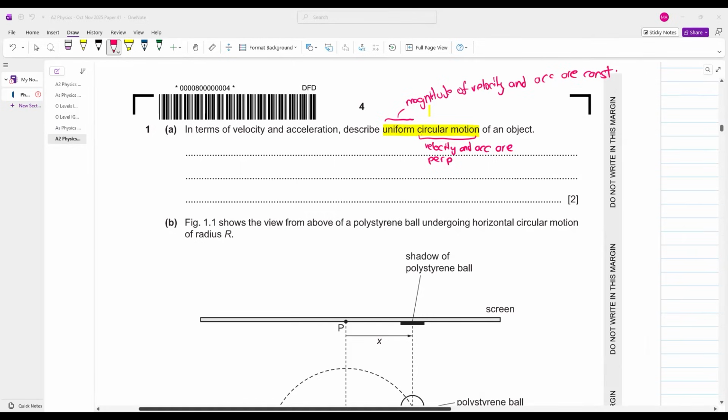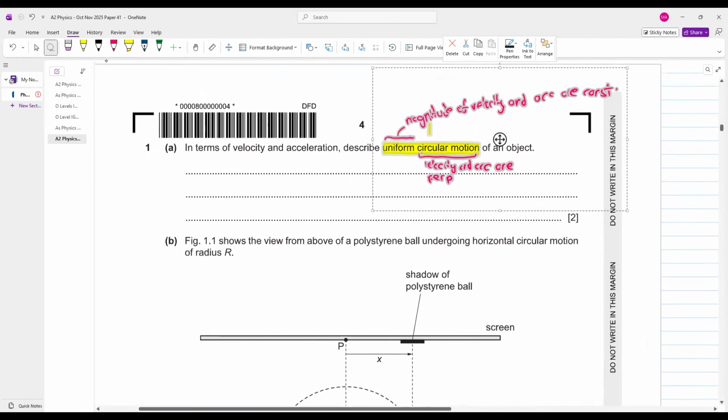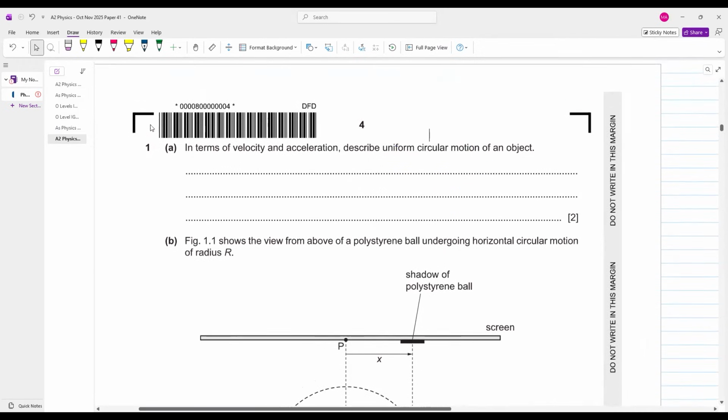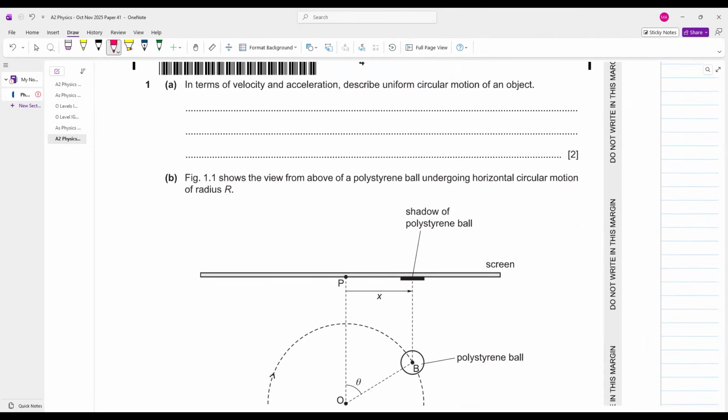You can easily say here that velocity is perpendicular to acceleration. This defines circular motion,